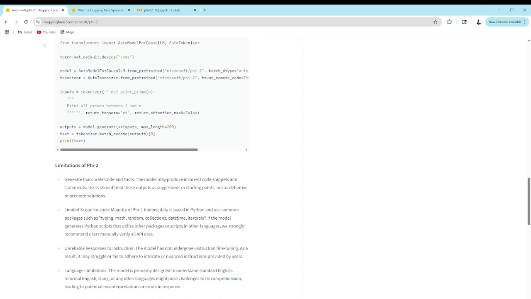It actually touches on this in its Hugging Face page. It will constantly generate inaccurate code and make up facts. It's close, but it's never really quite there. If you're asking it to do something with any complexity, it will understand that you want to use a specific idea, but it won't know how to. So you can ask it to do that complex thing, and then figure out what it's trying to do exactly, and then use that.